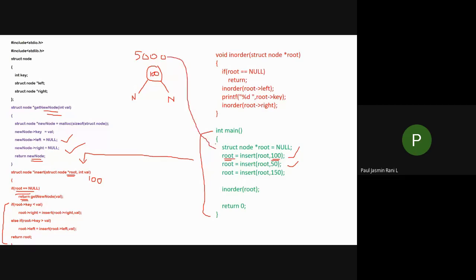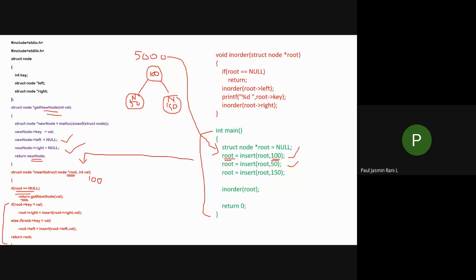So again, when I execute this third statement, here I will have 5000 of 50. Okay, and please go through these two statements manually, and you will see that on the left this 50 value is attached, as well as the right side 150 value is also attached.